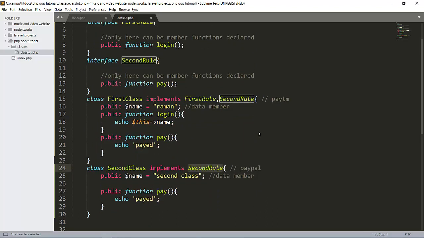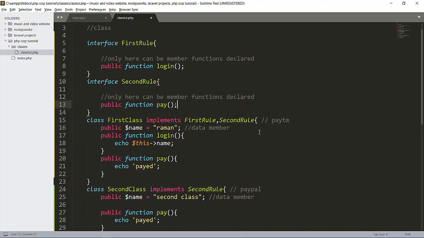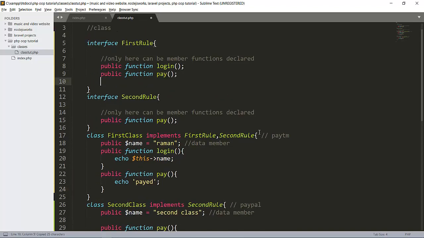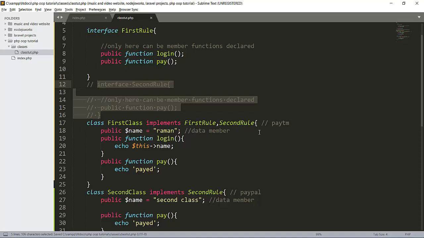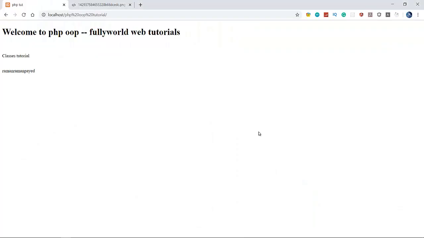So this solved our problem. See that I'm copying this, I'm pasting this and reload this again. See that in the interface there are two rules here. So both these rules are necessary.